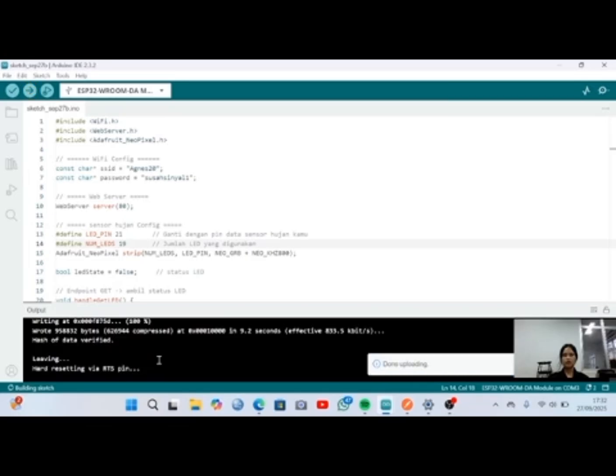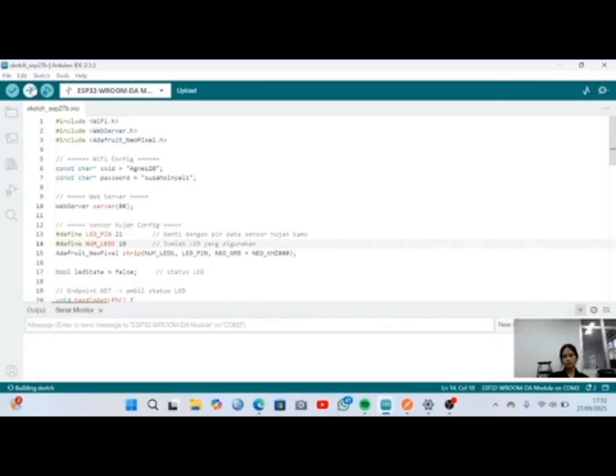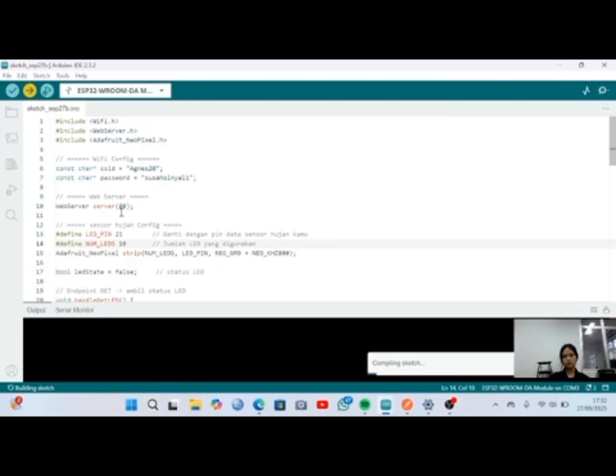In the loop function, the command server.handleClient is continuously called, which means the ESP32 will always check if there is a new client request coming in. If there is, it will process the request and call the corresponding handle function.